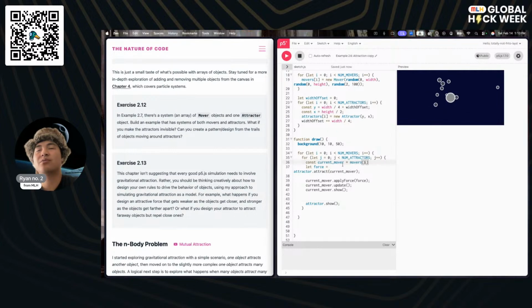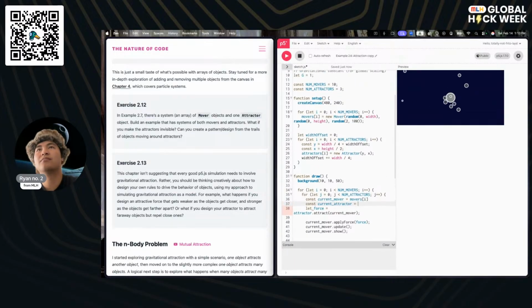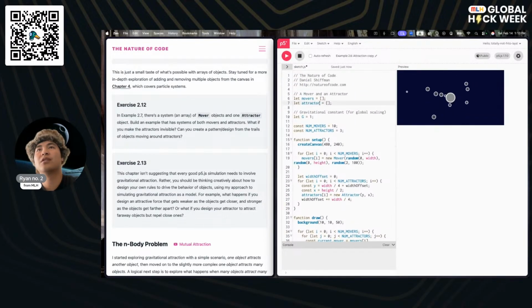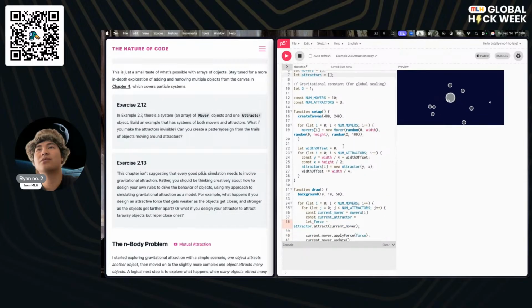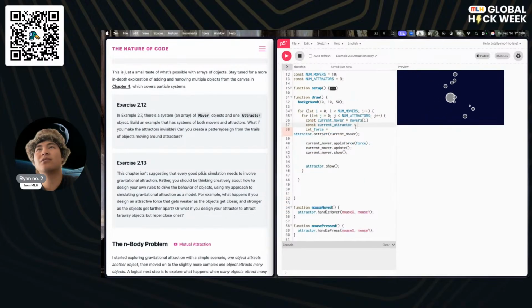We're also going to need the current attractor, which is going to be, let's change this to attractors. Attractors is already set up there. Good. I don't want to look at setup anymore.